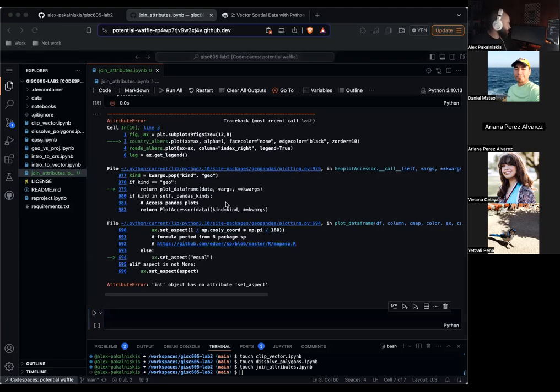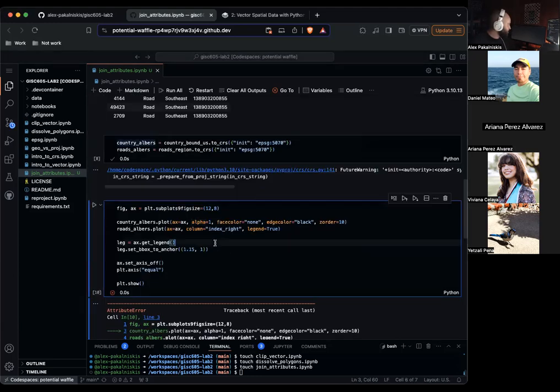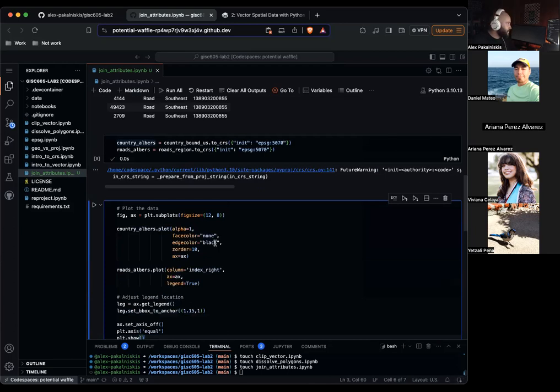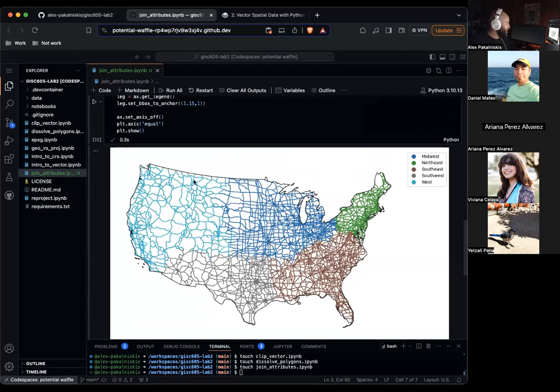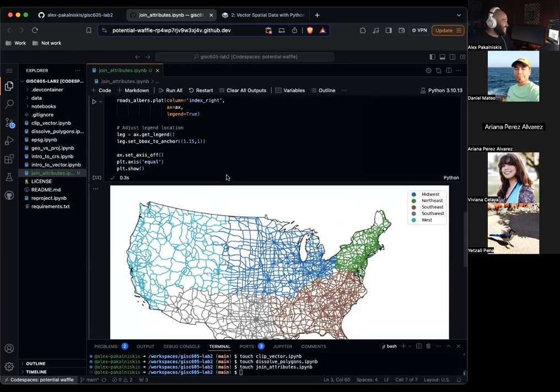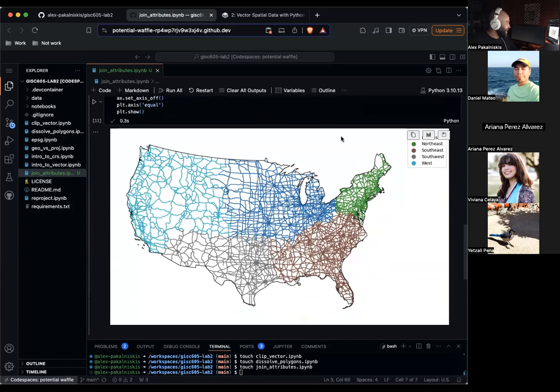Let's try it with their code to see if I just typed something wrong. Yeah, I think I typed something wrong. It's fine. But you can see we have a pretty nice figure with the roads color-coded by region, which is pretty cool. We could further customize our legend to have lines instead of these circles, but for the sake of this exercise, that's fine. We can skip that.